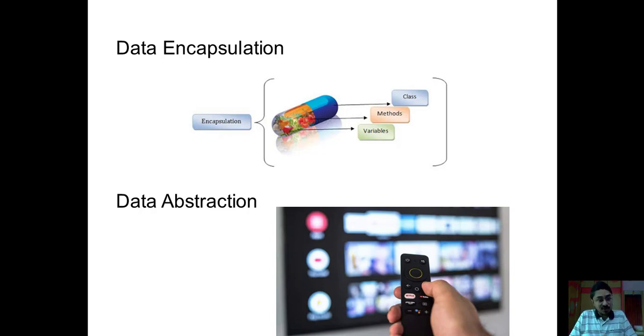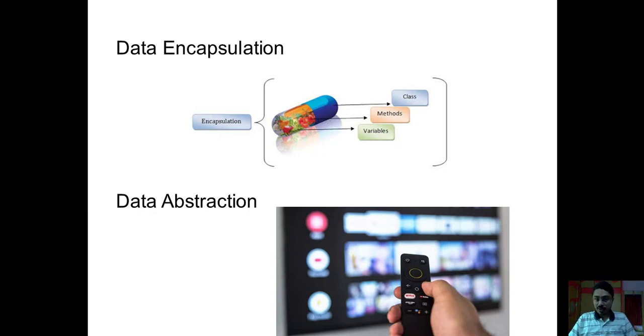So this is how encapsulation has been achieved in the television, isn't it? If you keep speakers on one side, the broadcasting unit on another side, and your picture tube on another side, then these things will be very difficult to manage. But as we wanted to work together, as we wanted to put all these things together, we put them in one particular box and it has been encapsulated. So this is how encapsulation has been achieved in the television.